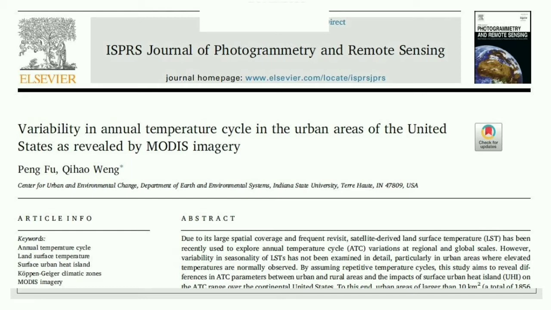Actually this MODIS data has very large coverage all over the world and a very frequent revisit period, that is, the temporal resolution is very frequent, every single day, even by the minute you will get the data. That's why MODIS data is very useful to get the land surface temperature in a particular year, month, day or time. It's a very useful product which you can use for your research purpose. Today I am going to describe all the MODIS land surface temperature products one by one. So this is the first research article which used MODIS land surface temperature.